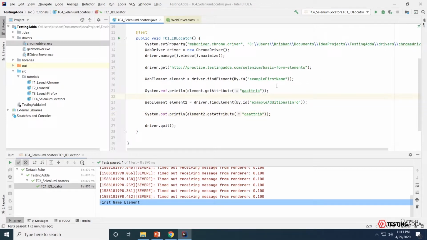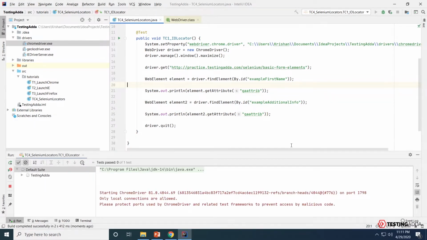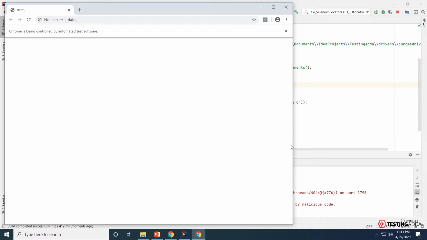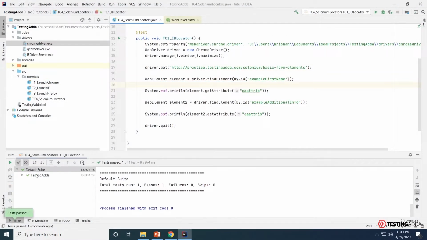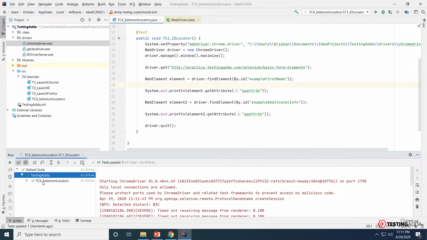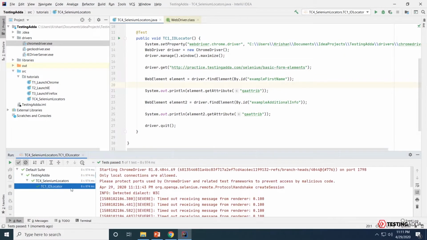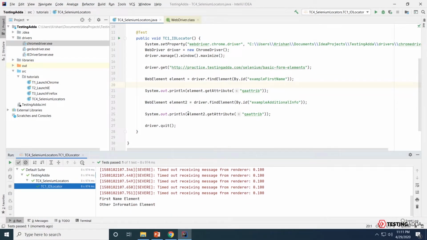Now let's try executing this method again. Here our test case passed. Let's open the TC4 Selenium locators test case and see the result.